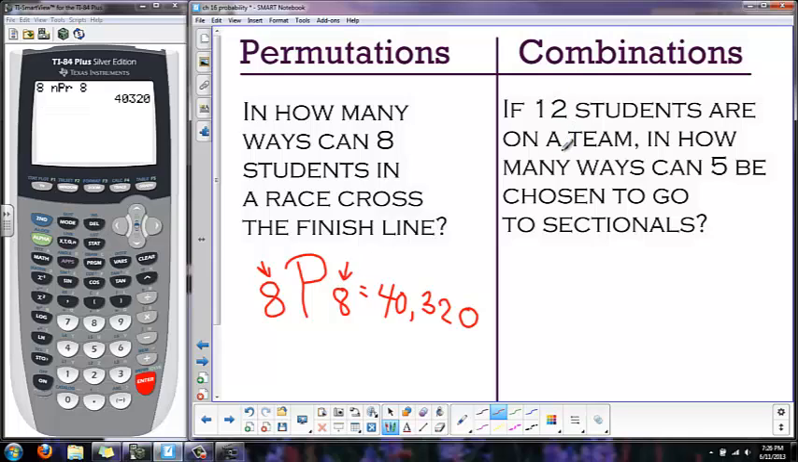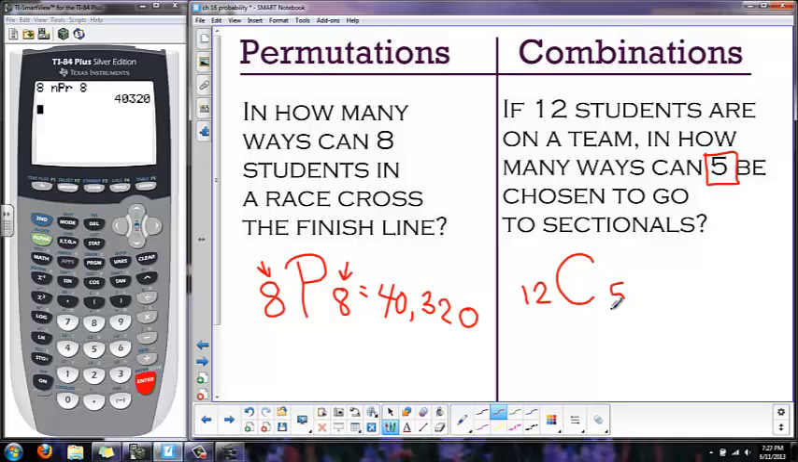Now let's look at an example for combination. If 12 students are on a team, how many ways can 5 be chosen to go to sectionals? In this case, it doesn't matter who we choose first, it just matters that you got chosen to go to sectionals. So instead of permutation, where order matters, over here we're doing a combination. So we have a total of 12 students. How many different ways can we choose